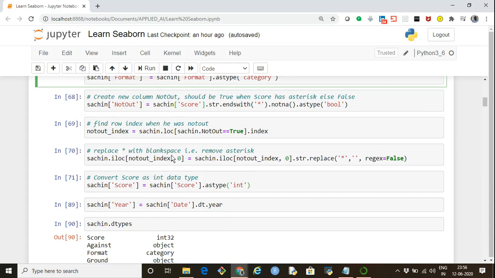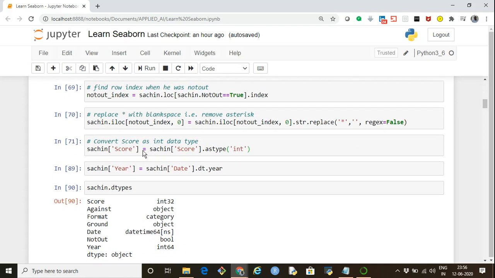Using this particular index, I am using the .iloc method. Sachin.iloc, Sachin is the data frame here, and using the iloc method because I've got indexes. I'm specifying that index not_out_index, and I'm taking the first column, which is score, and replacing wherever an asterisk is present by nothing, which is an empty string, and regex is false because the asterisk should not be treated as a regex, and I'm storing the result back in that first column that is indicated by index 0. So now all the asterisks are removed.